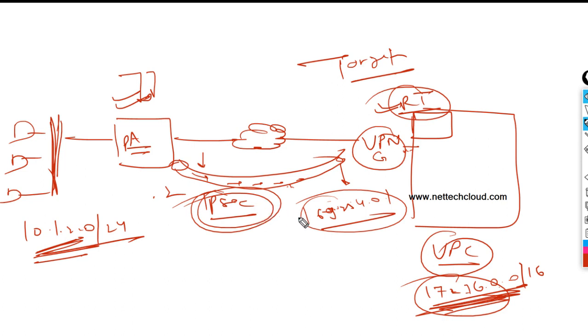Now the question here is, first we need to configure this AWS end, and then we also need to specify the customer end VPN gateway device, like the vendor, whether it's Palo Alto, Checkpoint, FortiGate, Cisco ASA, Cisco router, or generic in fact, right? Because AWS will provide configuration steps.